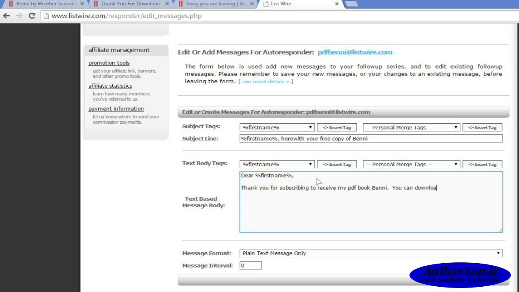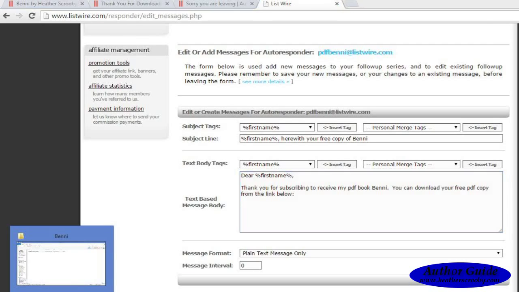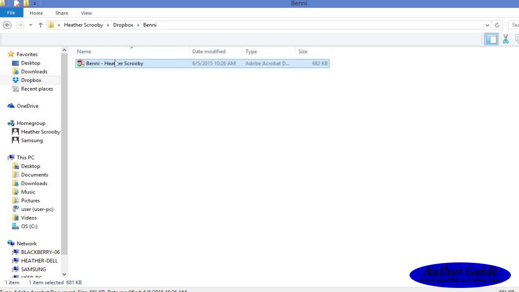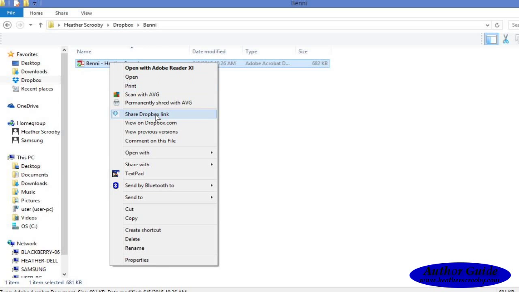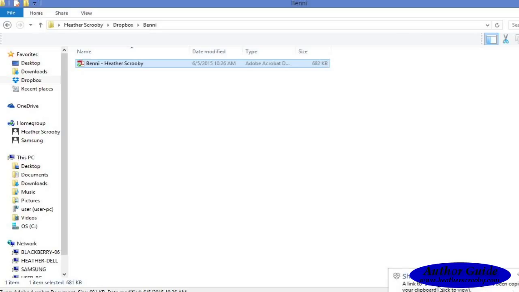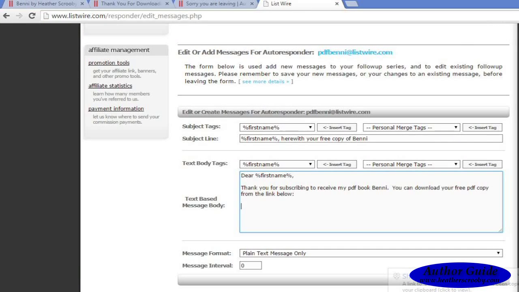You can download your free PDF copy from the link below. Now again, I said I was going to use Dropbox. You can use any link, but for the purpose of this tutorial, we're going to link to Dropbox, and I'm going to right click, share Dropbox link. At the bottom here it informs me that I've saved it successfully to my clipboard. I'm going to go back to ListWire, and I'm going to Control V,